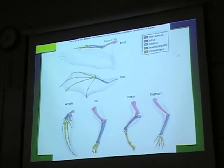Did we talk about these homologous structures? No. Look at the way